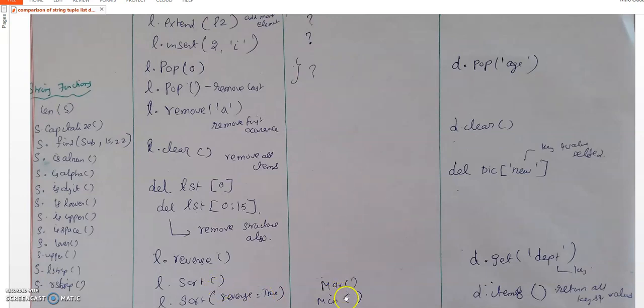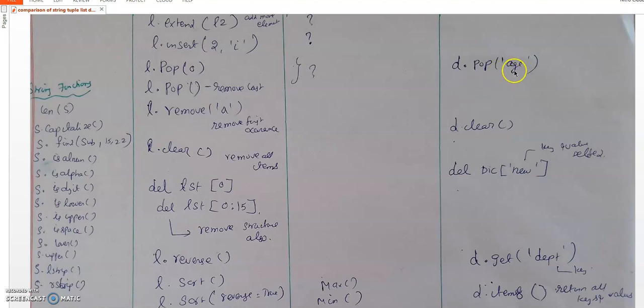Other than that, in tuples we can find the maximum value and minimum value from integers. Then in a dictionary also we can pop a certain value. Pop means we are removing one item. Delete is used for all the items. Clear is also used, so we can remove more than one item. What is the difference between delete and pop? Delete only removes and won't return the elements, won't show the elements it has removed, but pop will remove and return the item. Return means it will show which item has been removed.